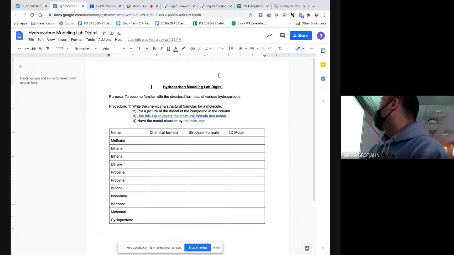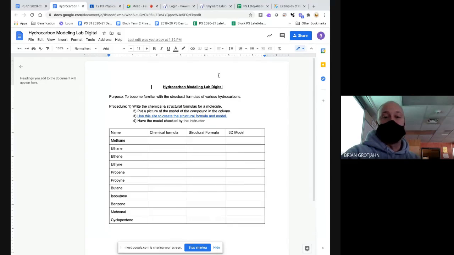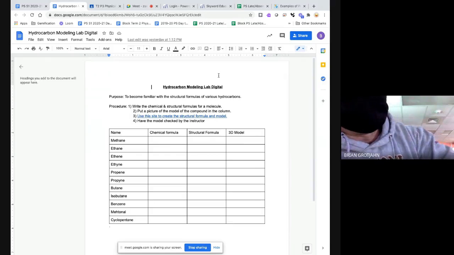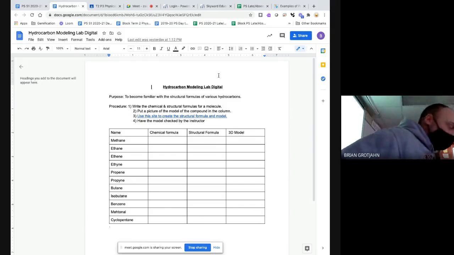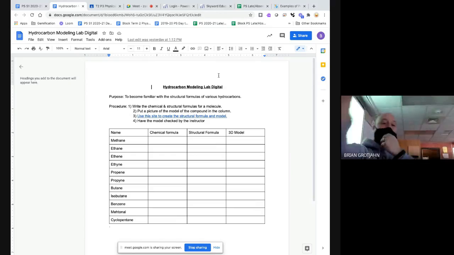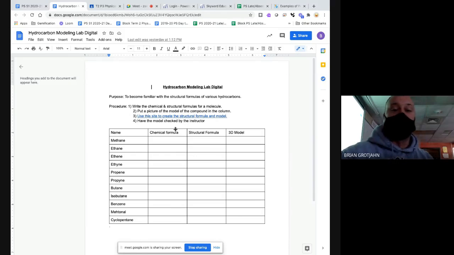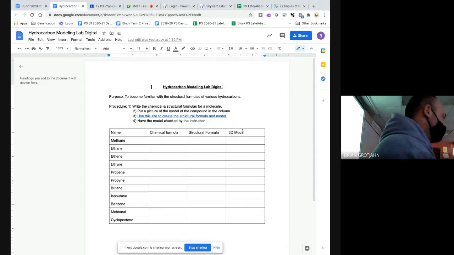So this is the hydrocarbon lab. We're going to do the modeling because of our current situation with the continuation of 2020. We're doing things a little bit different. So we're going to do this online. What you're going to do is this. You're going to be asked to write the chemical formula. Remember, that's like CH4. The structural formula and the 3D model, this is what's going to be done from the computer. You're just going to cut and paste, or take a screenshot, I should say, and paste these in the